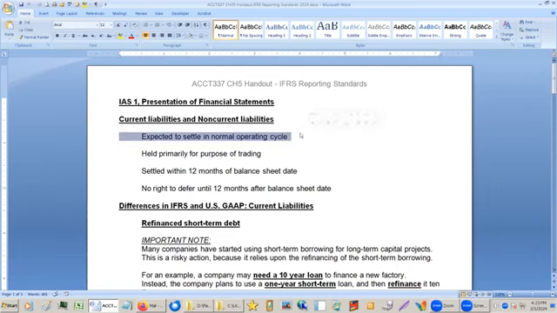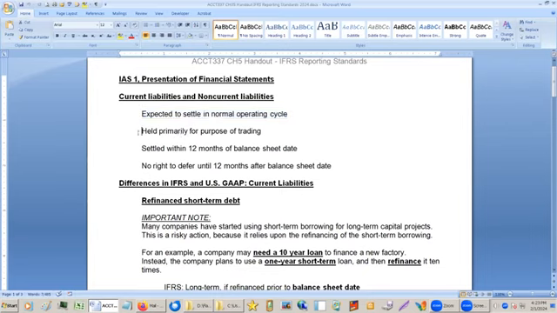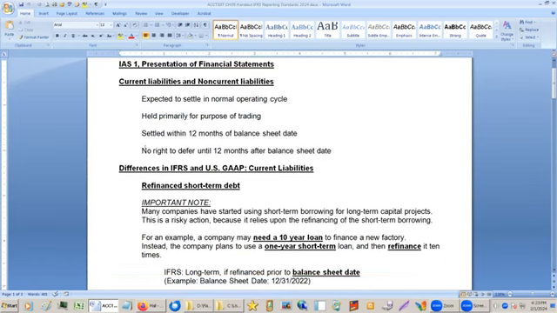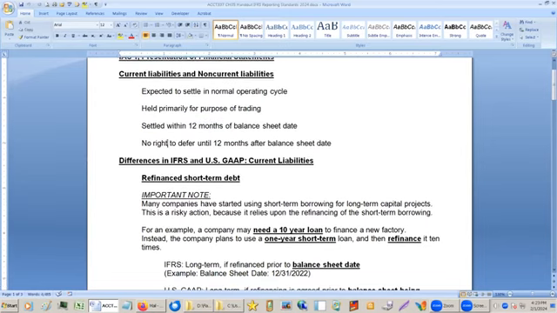You guys, this is stuff you guys already know. I expected to settle within one normal operating cycle. This is usually 1 year. Held primarily for the purposes of trading. In other words, usually these are for operations. Settle within 12 months of the balance sheet date, and no right to defer until 12 months after the balance sheet date. This is kind of like a